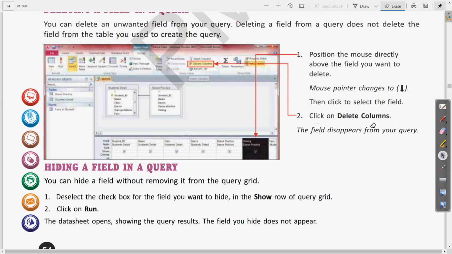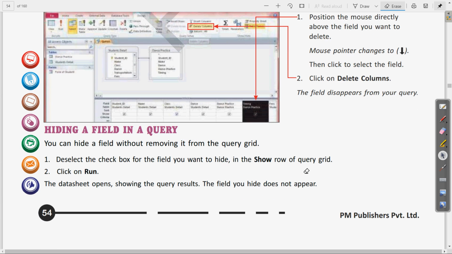So here after deleting the column, the field will disappear from the query. Now, hiding a field in a query. It may be required if there are multiple columns in any of the query results. So you want to hide a particular field for a query result, and again when you want to see it, you can hide and see.